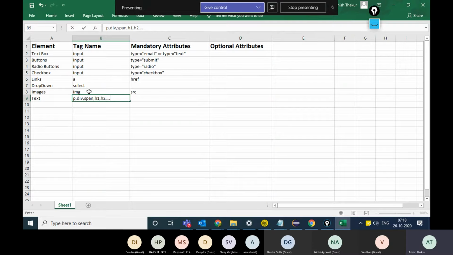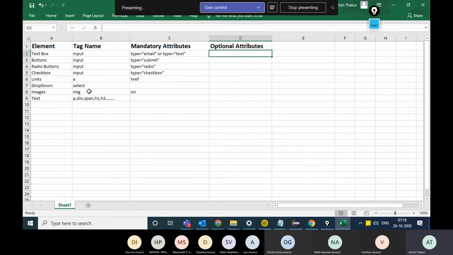So there are many tags for a text. You cannot say that text always lies in this particular tag name. And you might have some mandatory attributes or you might not. It's completely dependent on the application.